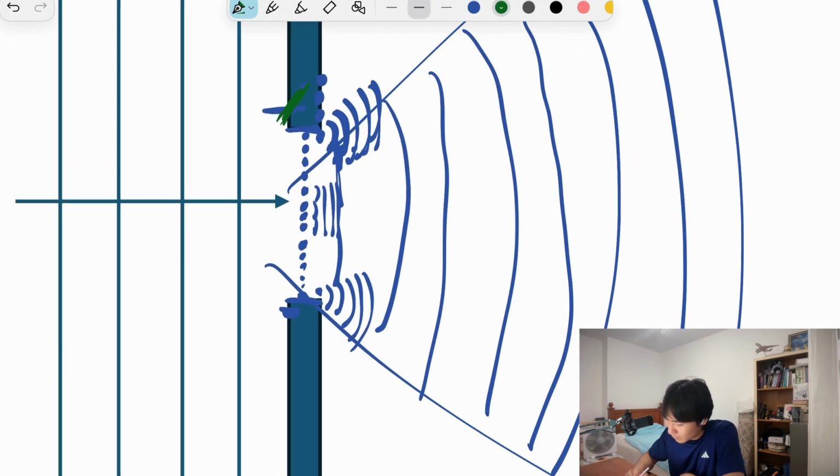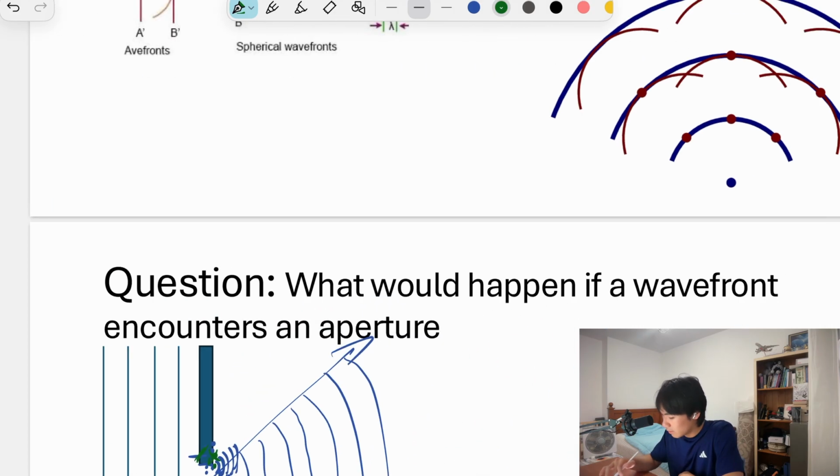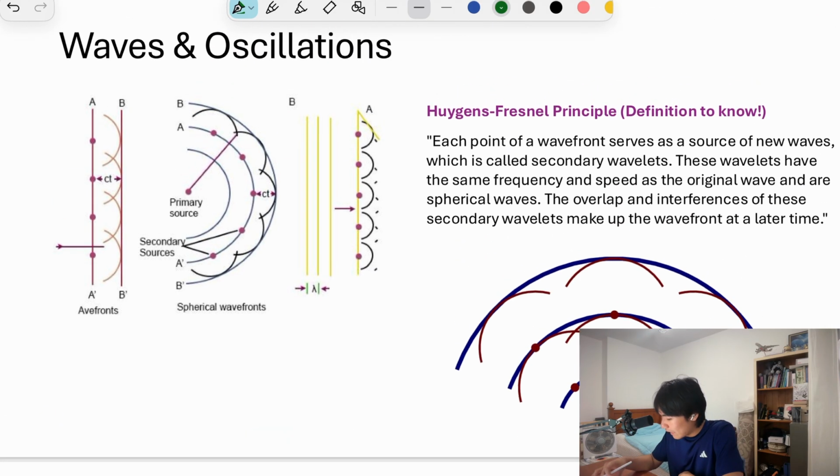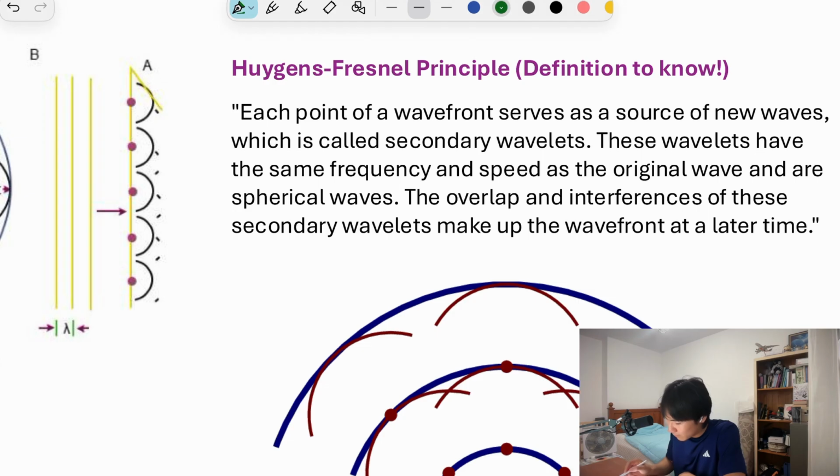The reason is the Huygens-Fresnel principle. Why do they spread out? Because the waves at the edge do not have anything to interfere with on top, or down here, they don't have anything to interfere with. So they still spread out, because the Huygens-Fresnel principle states that each point in a wavefront acts as a